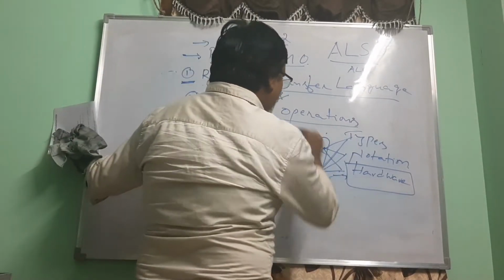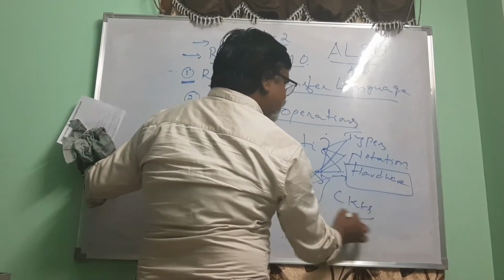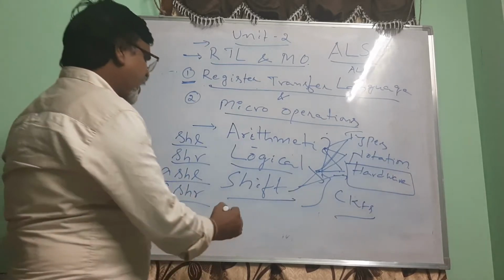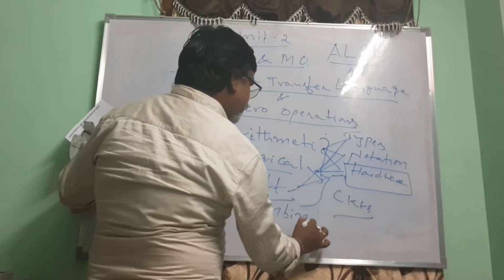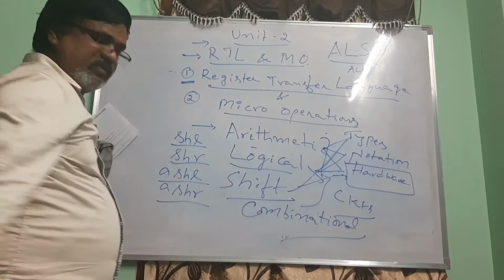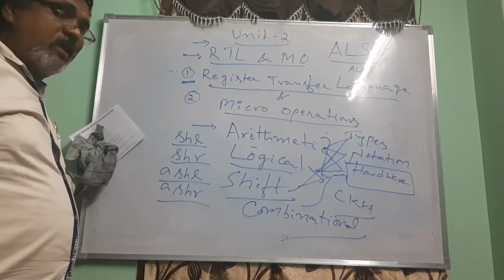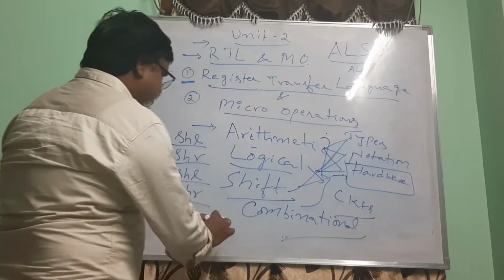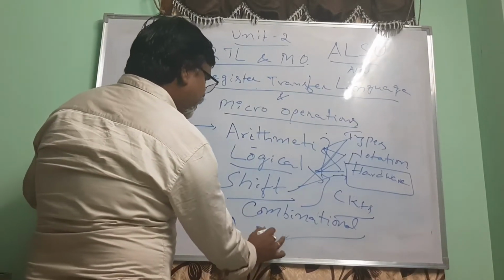For designing all these hardware, we use some circuits and some components. What are those circuits called? We use combinational circuits for designing all these circuits. I think you know very well about sequential circuits and combinational circuits, which you might have already learned in your DLE subject. If not, don't worry, we will discuss them. Some of the circuits are the half adder and full adder, etc.